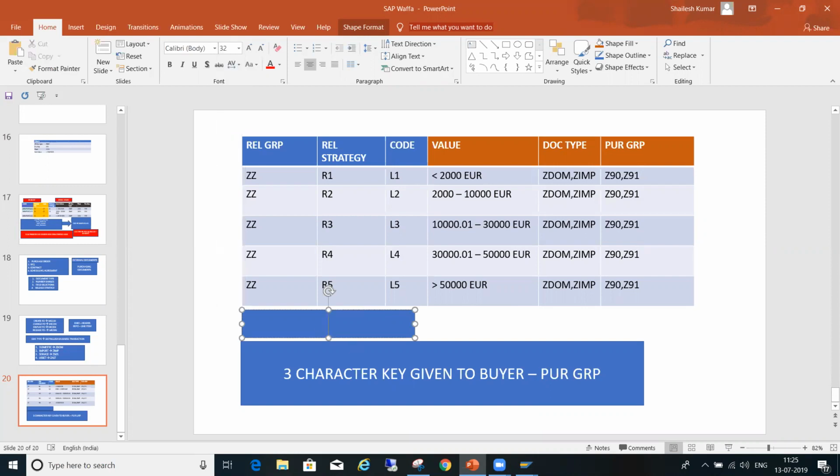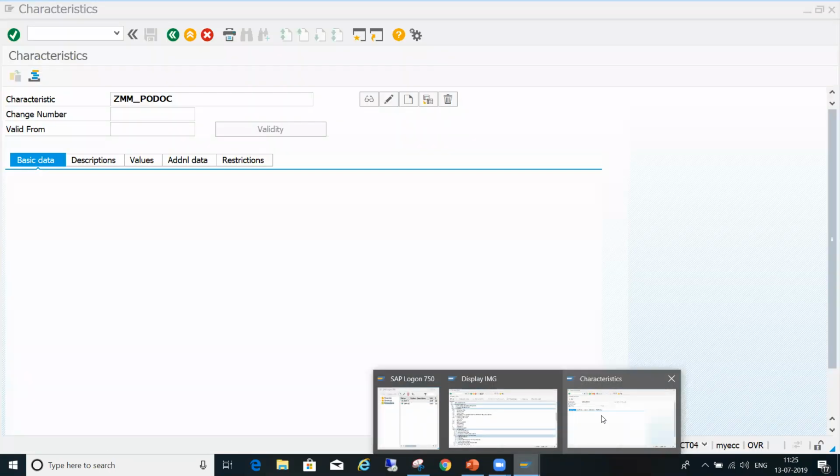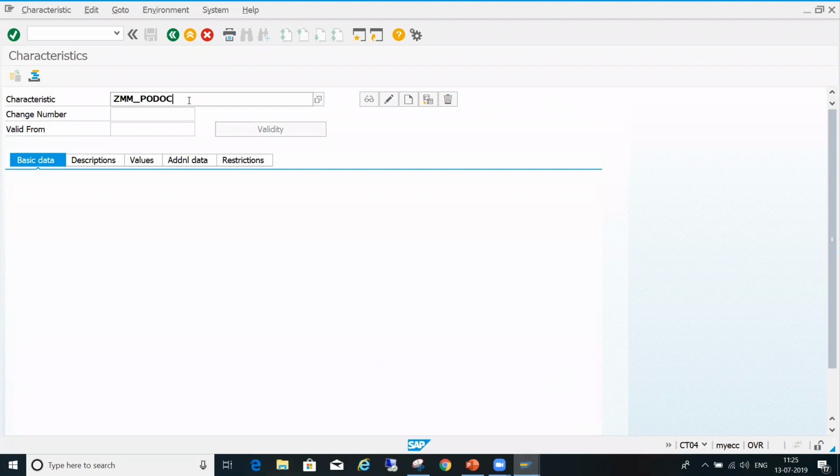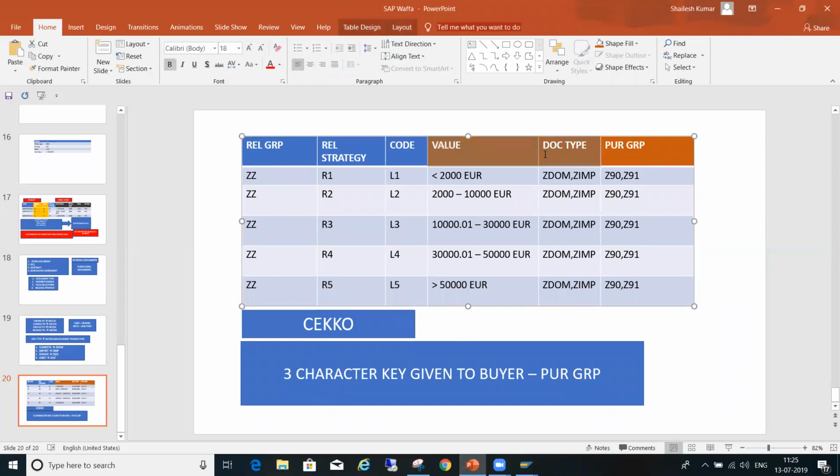Okay, this is very important, the communication structure. So I'll first create the characteristic document type, because document type is one of our criteria.